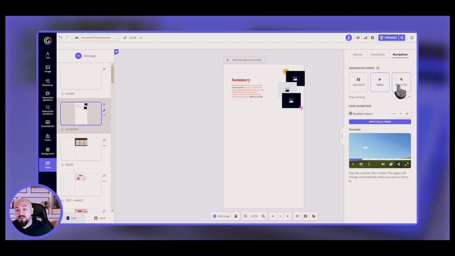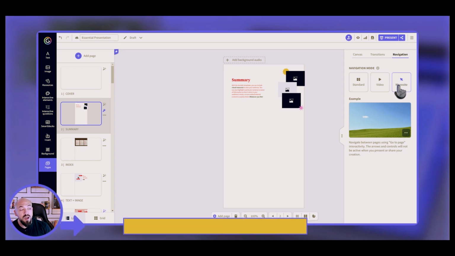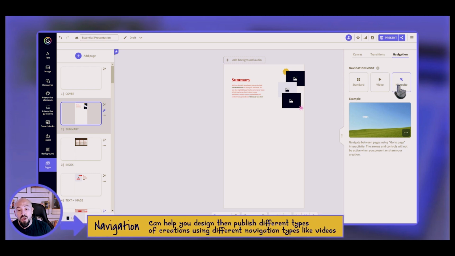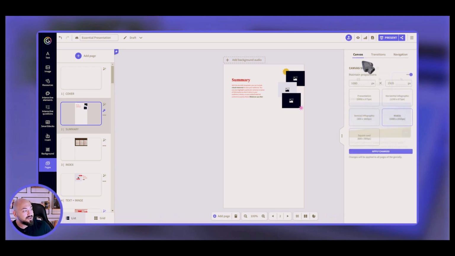Last but not least, if you're creating an escape game or you want to limit or decide specifically how the navigation will be from one page to the other, you can choose microsite. And this way, people will not be able to move forward unless they click on a specific button on your creation itself. But I didn't talk about how people will be able to interact and decide the movement on the canvas itself. This would need for us to explain